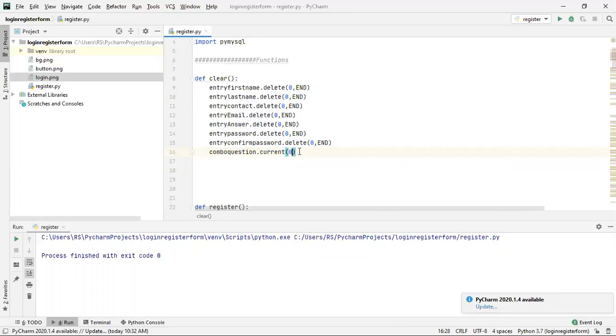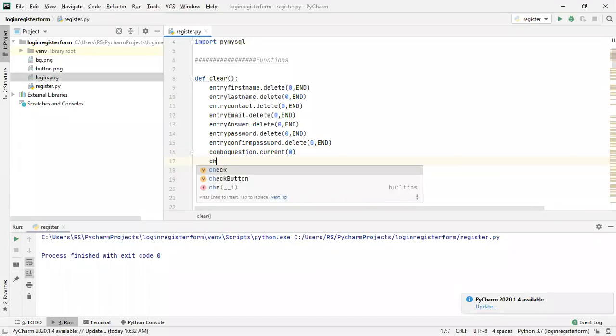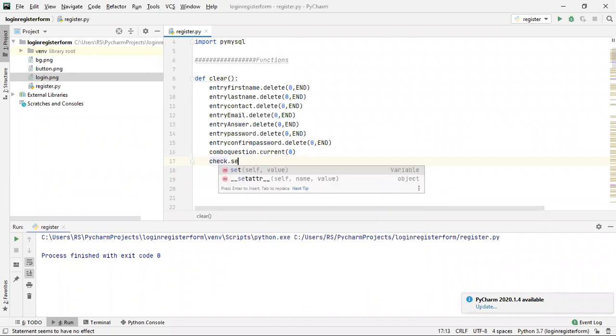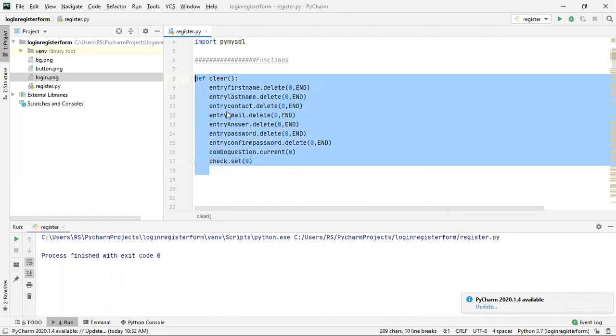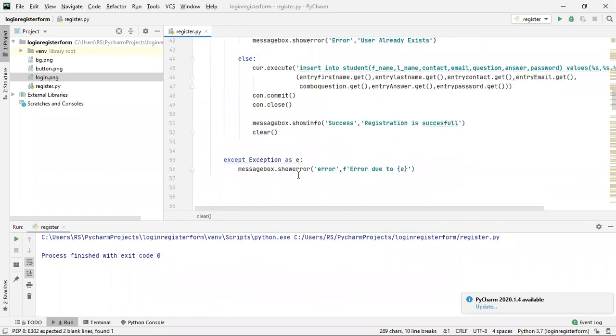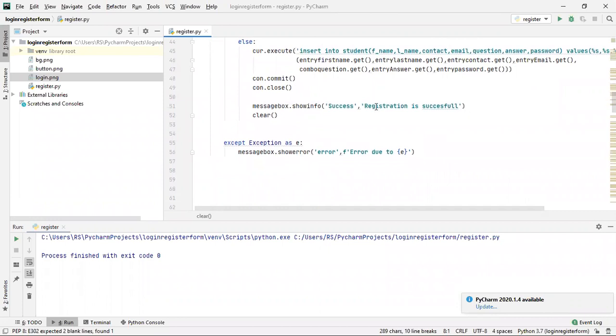Also we need to uncheck the check button, so we'll simply set the value of this variable to 0, which represents unchecked. I have defined this function here and called it just after displaying this success message.